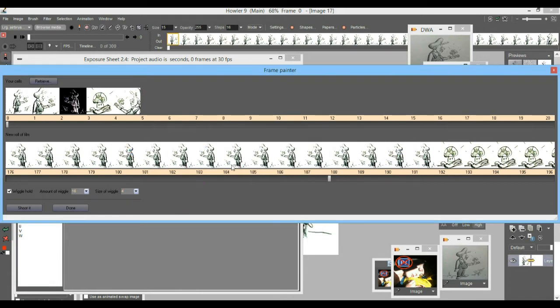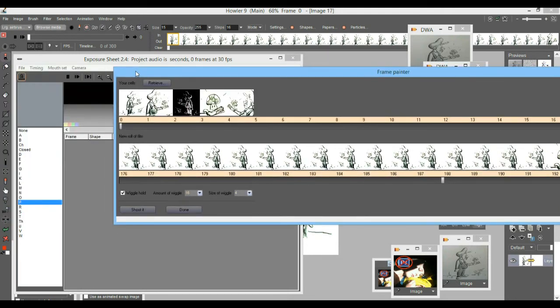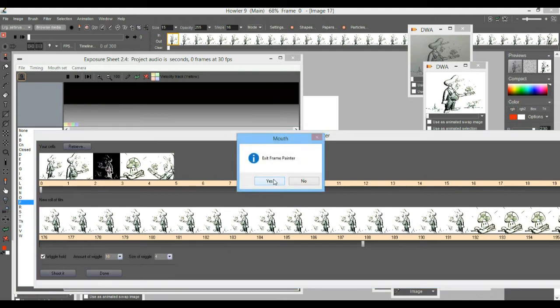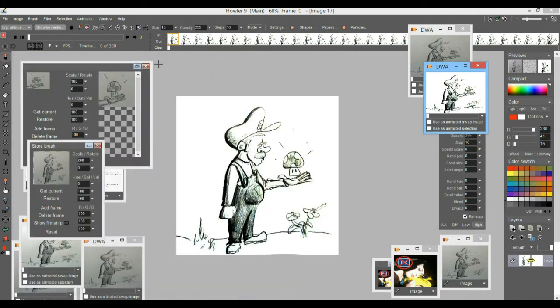So now don't go overboard with how many frames you can do with that, because it's all taking memory, right? It has to fit in memory, has to fit in a 32-bit addressing space. And so I'm going to call it done, exit the frame painter, exit the mouth plugin,